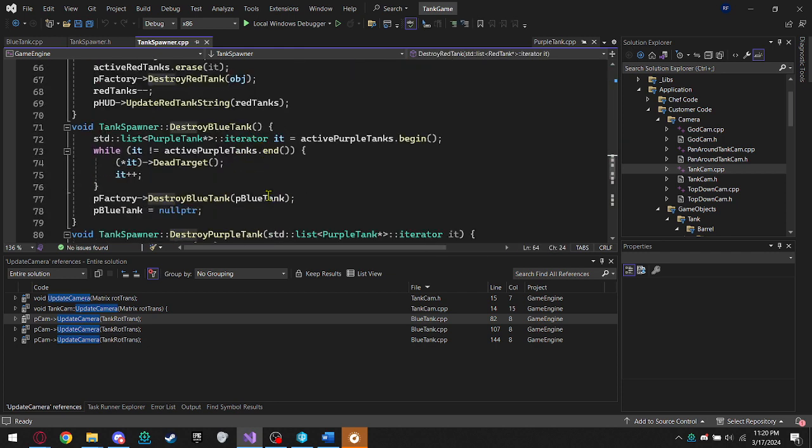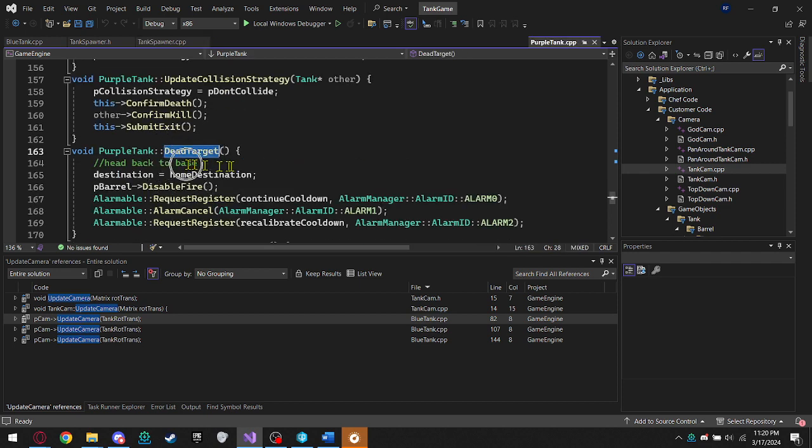So whenever the blue tank is destroyed, we go through all of our purple tanks and tell them that the blue tank was destroyed. This sets the destination to be their home base or wherever they initially spawned into the level, and it also disables their firing. So rather than just dancing over the player's corpse, they will begin backpedaling to go back towards where they started,